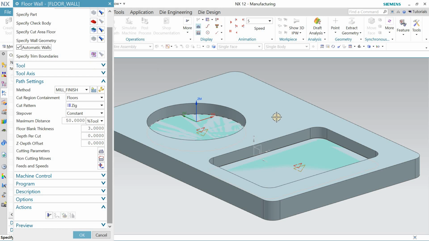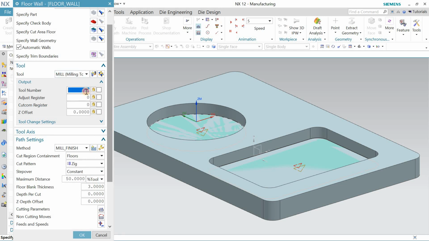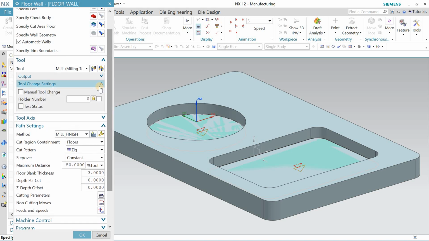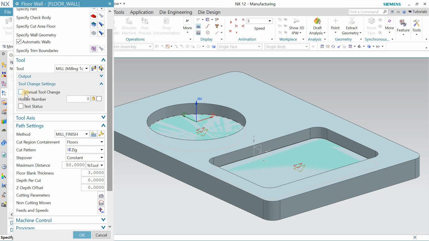Either you can select certain specific regions, if there is a region you want your tool to avoid cutting. For now, I just want to select all regions, both of the pockets. I just selected my tool. In output you need to define your cutting tool number and tool change setting, manual tool change,